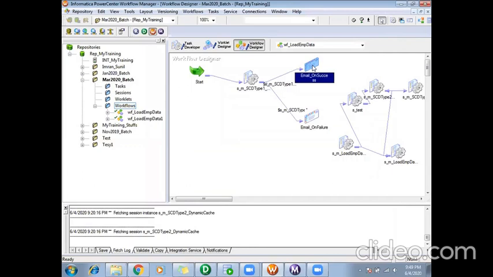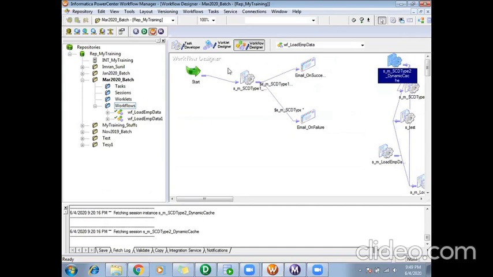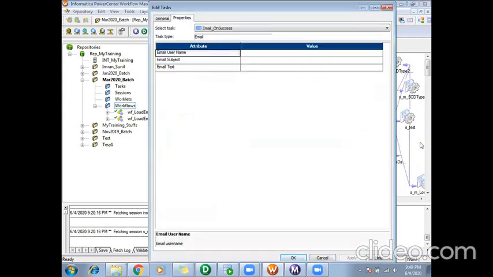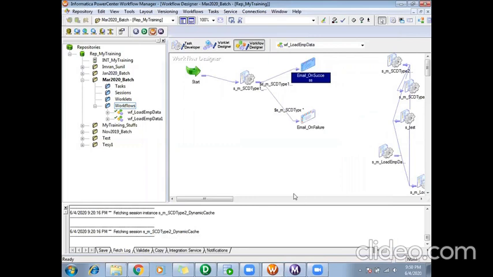So what are the advantages and disadvantages? If you have explicitly used the email task, you can't attach any files, but it is more readable. Why is it more readable? If a new member comes here, by seeing this he can easily say, okay, after this session succeeded, I'm sending some email. He can go and check what is being sent to whom, and what the text is. If it fails, he can check it. So on a high level, it is more readable.